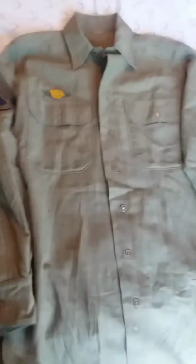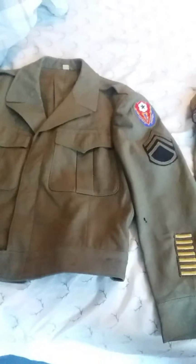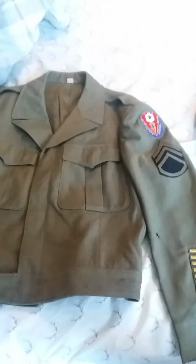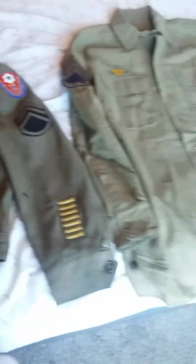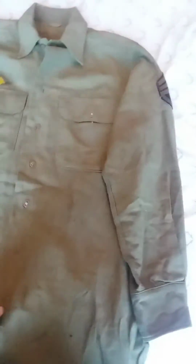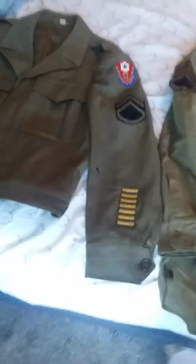It's a nice uniform, it's a nice grouping. For the pants, this wool shirt, undershirt, and the Ike, back in the day when we got it, we only paid about $55 for all of this. And I get that was a long time ago, and prices now have honestly increased a lot. Inflation in the market, you could say,